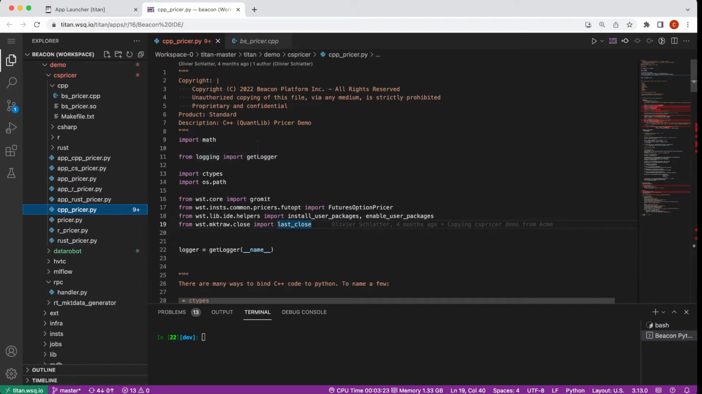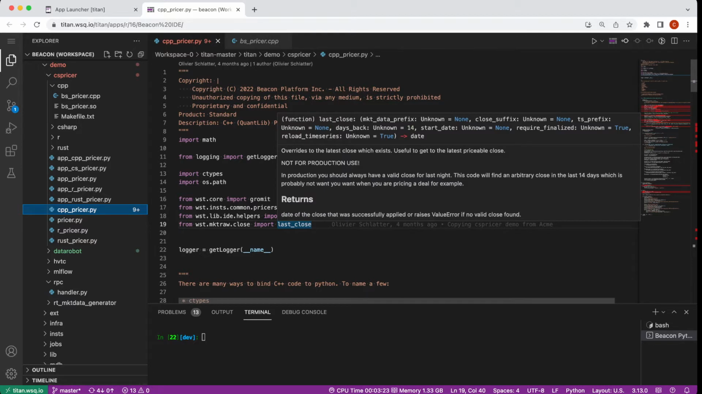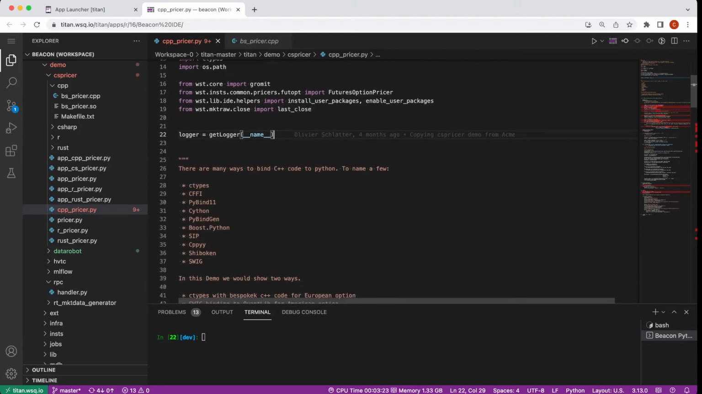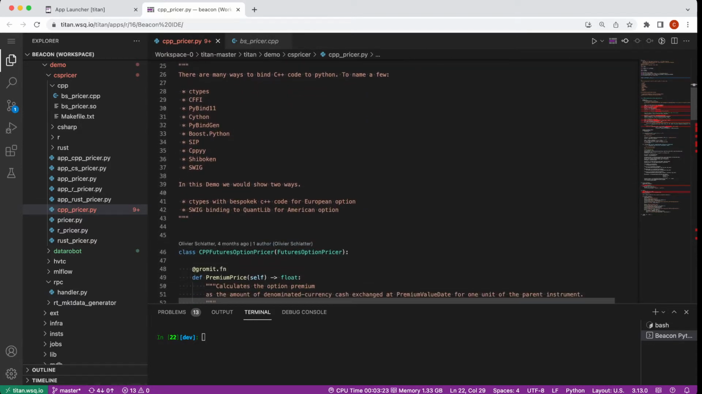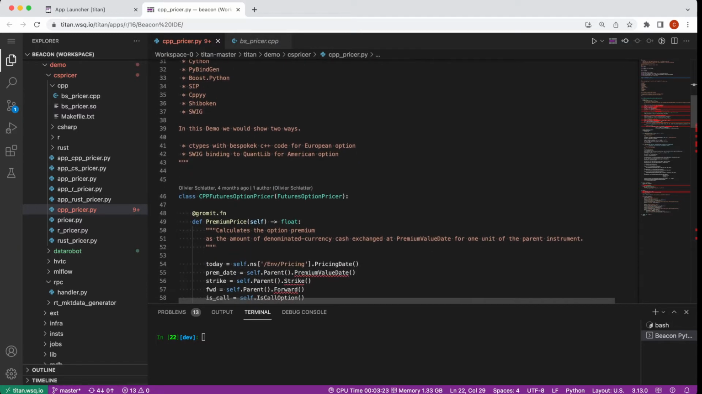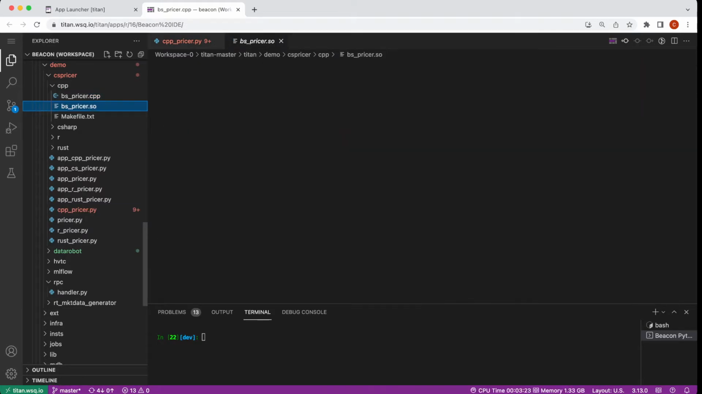We'll start by importing Beacon's Futures Options pricer and a couple of helper packages, as well as the last close to get the latest market data. For the demo, we'll use ctypes and quantlib swig as examples to help us work with C++ pricer code. We've already got the Black-Scholes C++ pricer code copied into our development repo and compiled it, as you can see